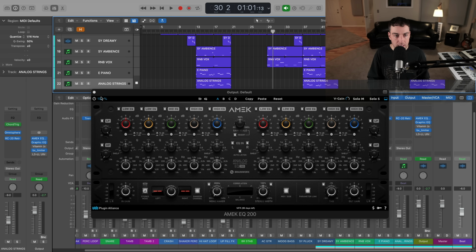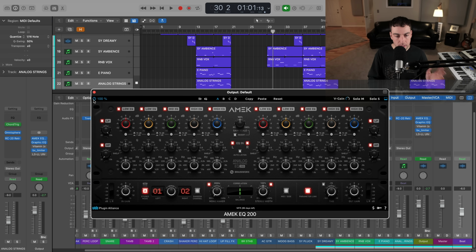So let's go ahead and activate the AMEK EQ. This is a plugin from Brainworks and Plugin Alliance. I'm utilizing a trial, but I wanted to just let you all hear it. I've been really impressed. I'm also going to show you an alternate. So again, if you don't have this, don't worry about it. It's going to be the same approach. But let's go ahead and on our high pass filter, I just want to go ahead and filter out some of the extreme lows of the beat.